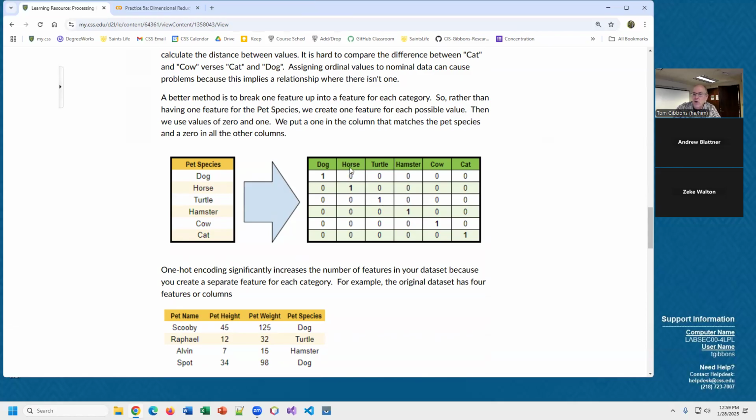0 means it's not a horse, it's not a turtle, it's not a hamster, it's not a cow, and it's not a cat. And then if we have a horse, it'll have a 0 for dog, a 1 for horse, a 0 for turtle. It's not a hamster, it's not a cow, it's not a cat. And again, one-hot encoding means that for each row, it can only be one thing. So you're either a hamster or a cow. You're not a